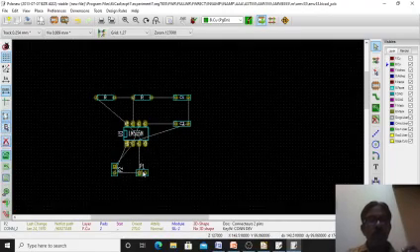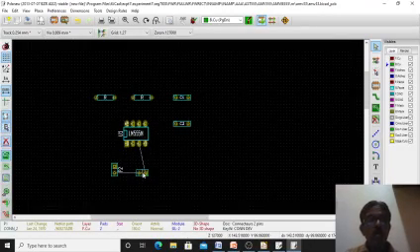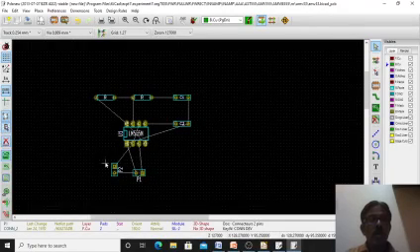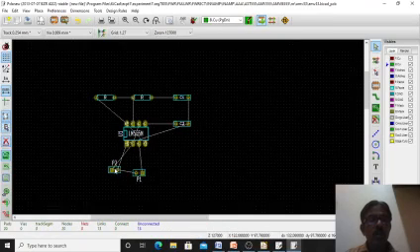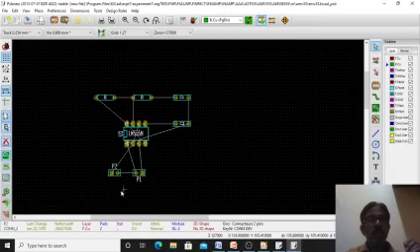Okay, and if I take this, this will be better for me. Okay, move it. Okay, so with less number of jumbles you can connect.